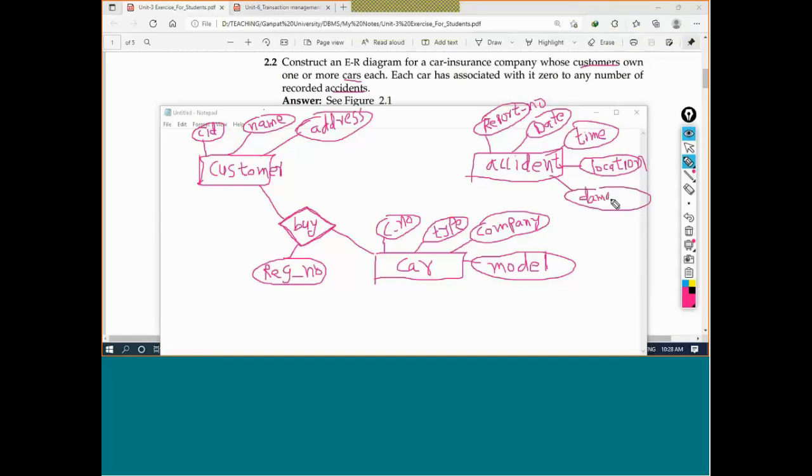Damage to the car can mean fully damaged, or damage of the bonnet, front side, back side. So damage type, or you can say damage only. These things you can add.